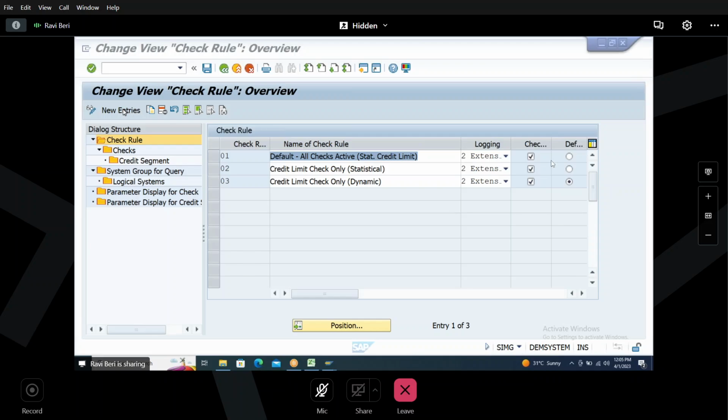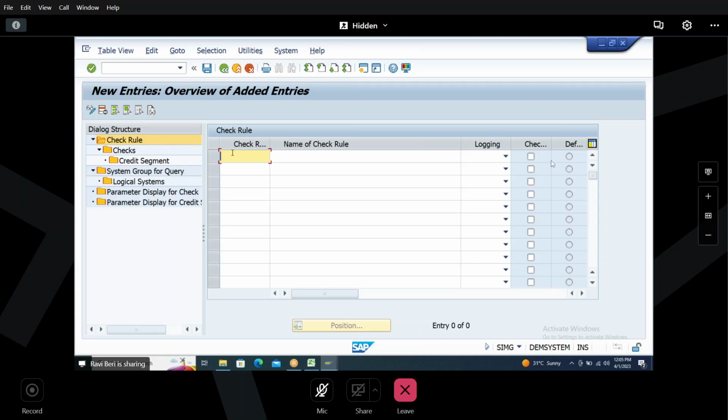Go to new entries, mention H1 checking rule, H111 checking rule, something. Log means message. Mention to